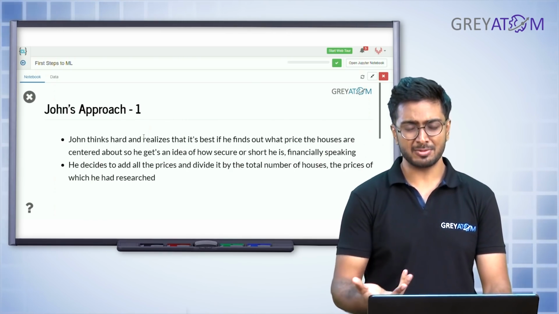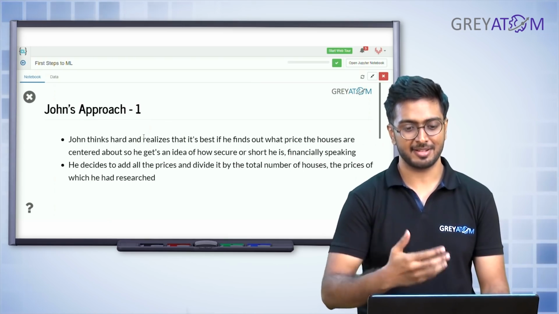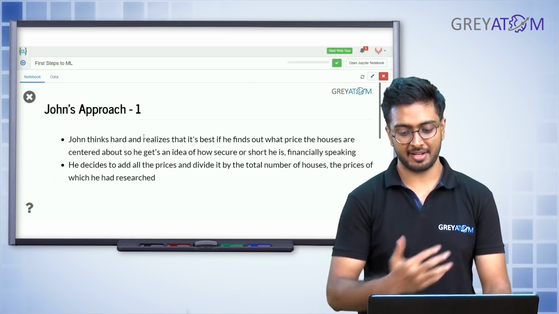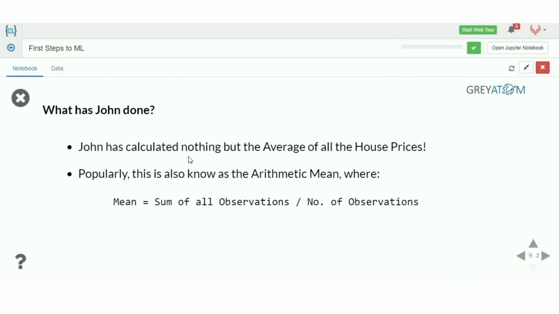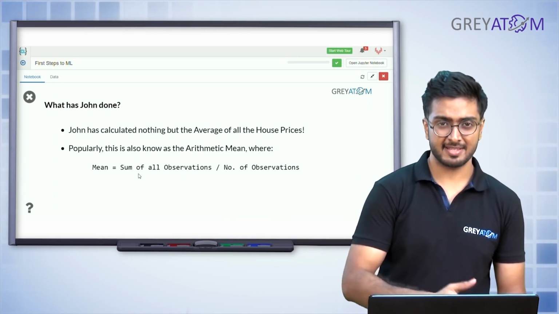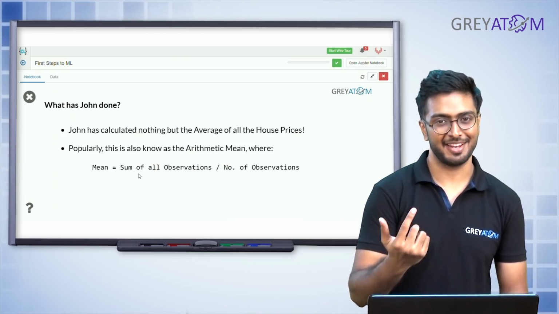So that's what he does. Exact thing that we talked about. He goes there and calculates the average, right? So what is average? He decides to add all the prices and divide it by the total number of houses. So that is exactly what is called an average or a mean, right? So mean is basically nothing but the sum of all observations divided by the number of observations, right? So average of house prices, or mean. I don't know any other term, but let's stick with mean